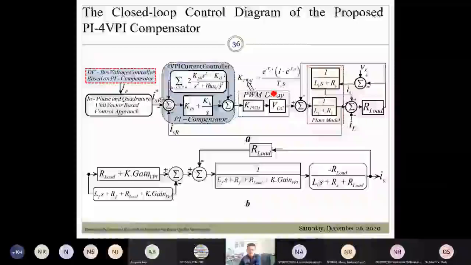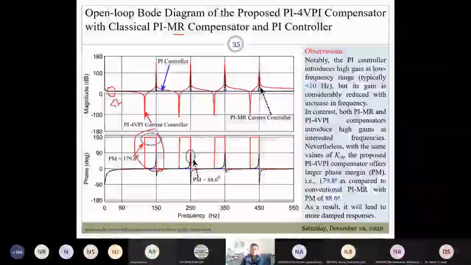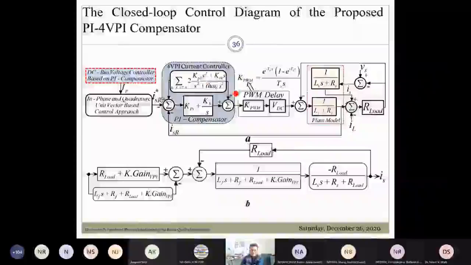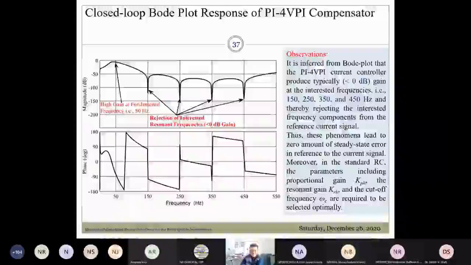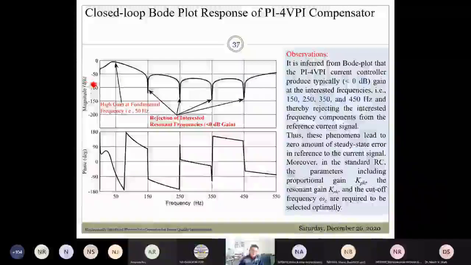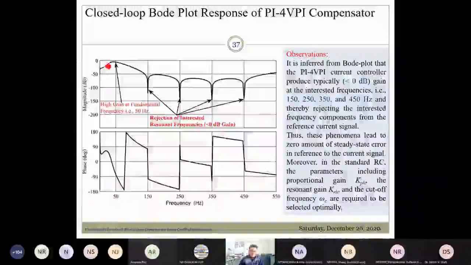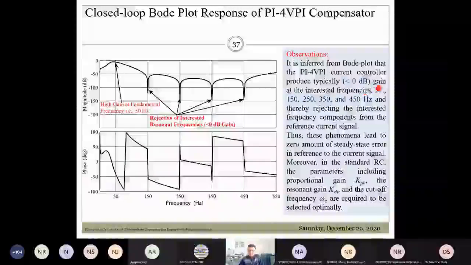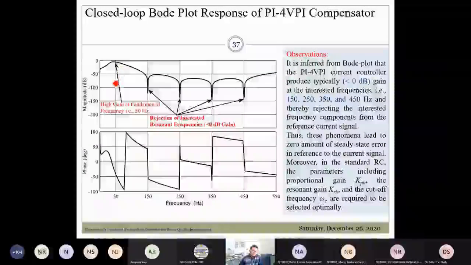So this is the closed loop control algorithm. I've studied the closed loop diagram. Earlier I showed the open loop Bode plot. Based on this closed loop control diagram, I have plotted the closed loop response, and here it can be seen that it produces typically 0 dB gain. This is in dB; if I take it as an absolute value, it will be 1. So 0 dB gain at the resonant frequencies of interest of 150,